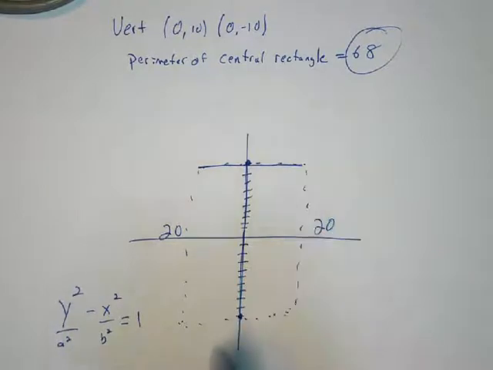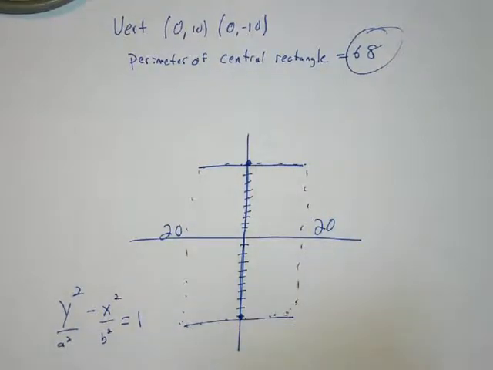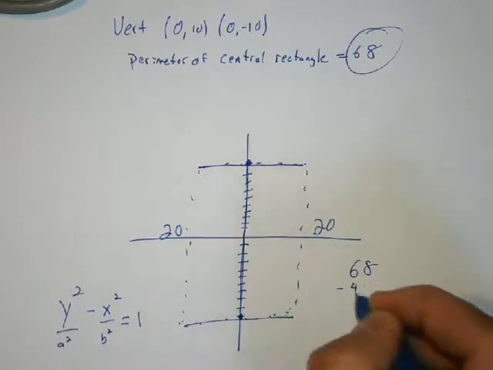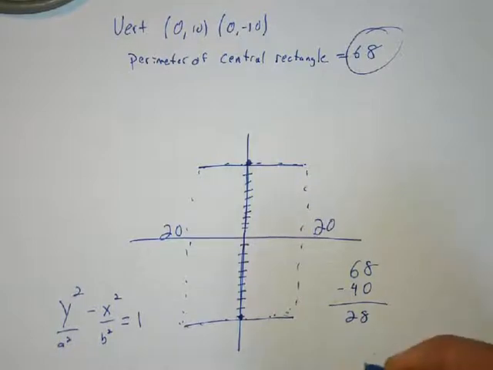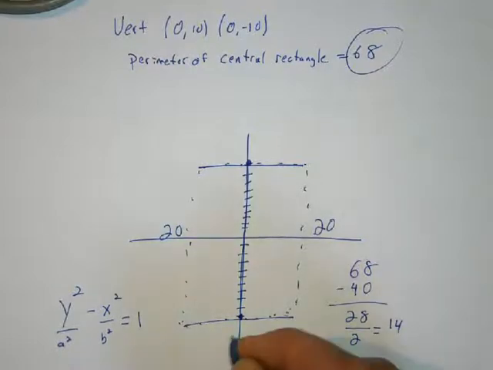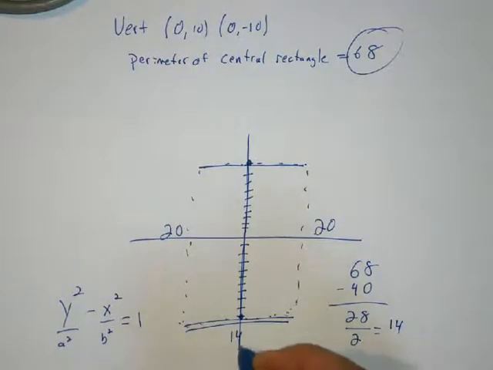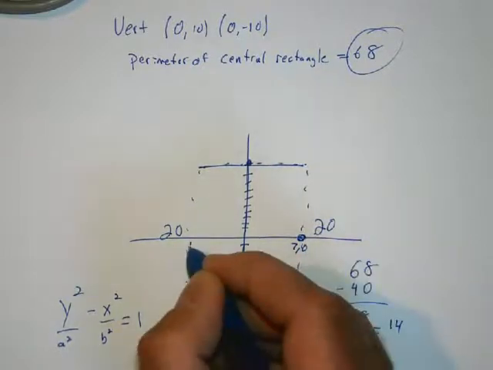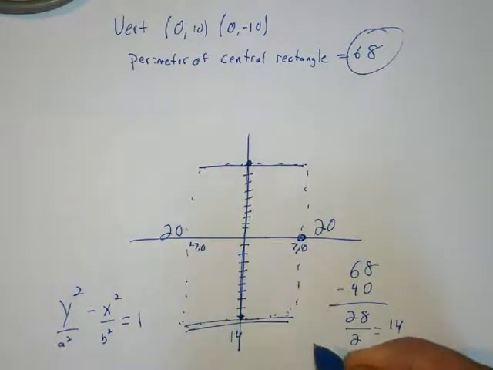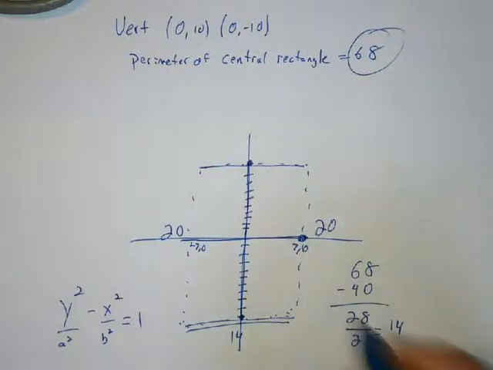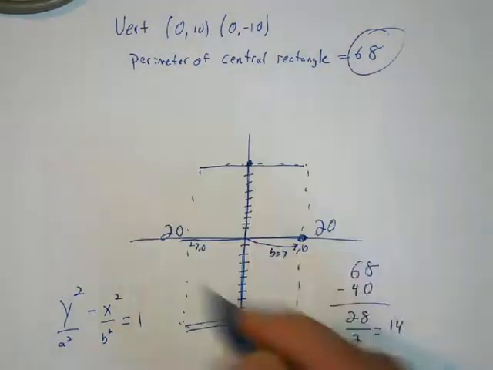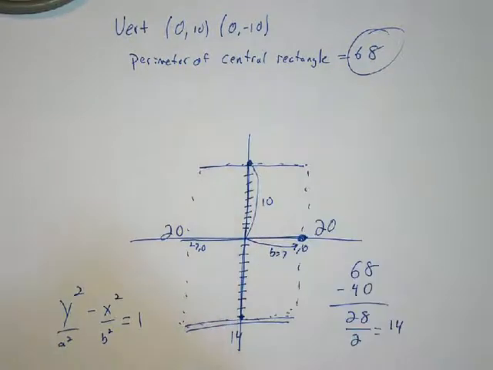This horizontal distance and this horizontal distance have to be the same. So we take our 68, back out our two sides that we know, and we get 28. Which therefore means I divide that in half and I get 14. So each one of these distances is 14, which means this has to be at (7, 0) and this is (negative 7, 0), to give you your overall distance. So now you know that your B value is 7. So our A value was 10, so we get y squared